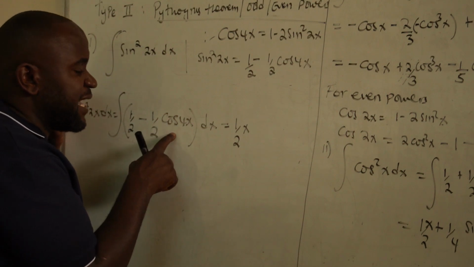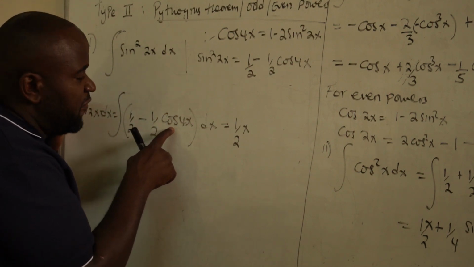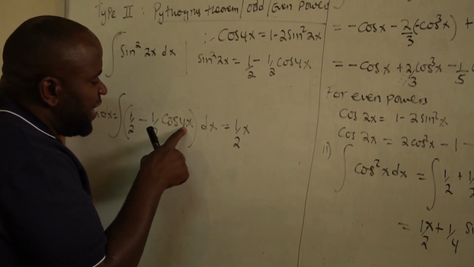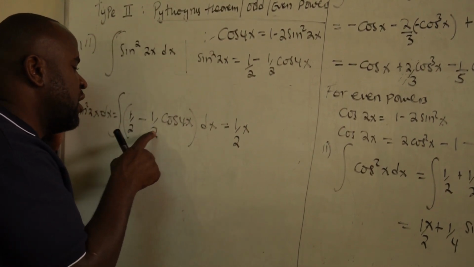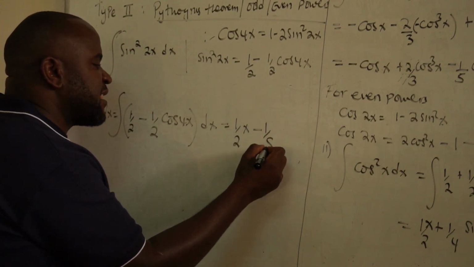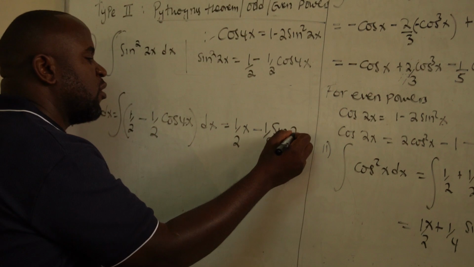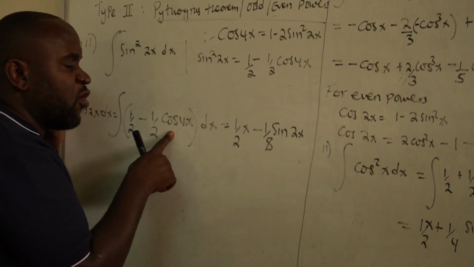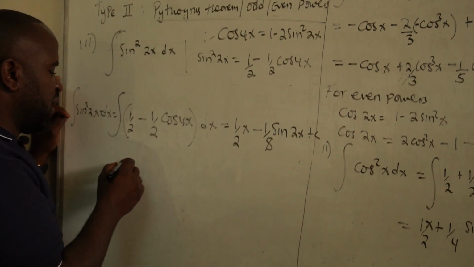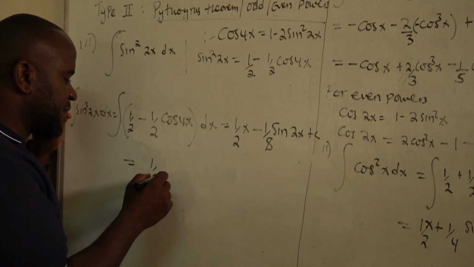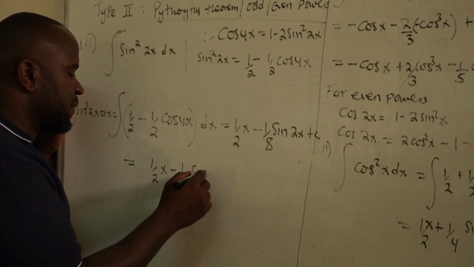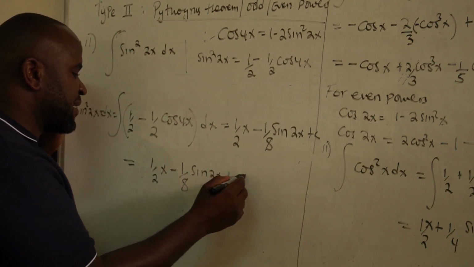When you differentiate sine, you get a positive, so the sine remains as it is. Then differentiate the angle; you get a 4. Because of integration, divide by 4, and you'll get a negative one eighth sine of 2x, because the integral of cos is sine plus a constant. So with this, the solution becomes a half x minus 1 over 8 sine of 2x plus a constant